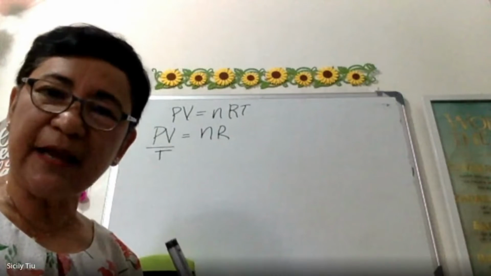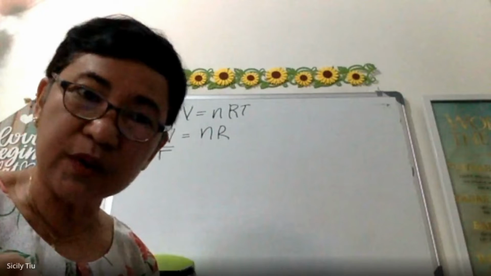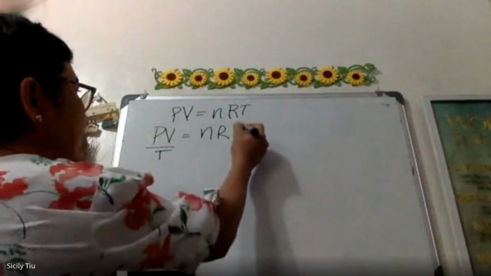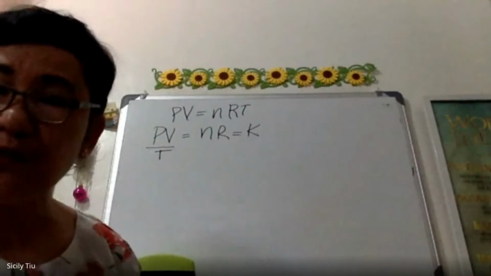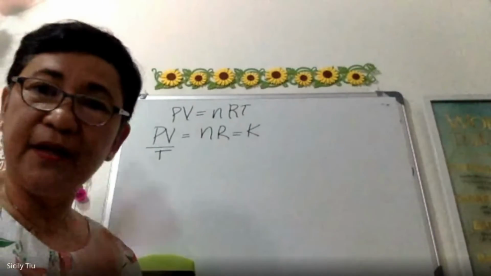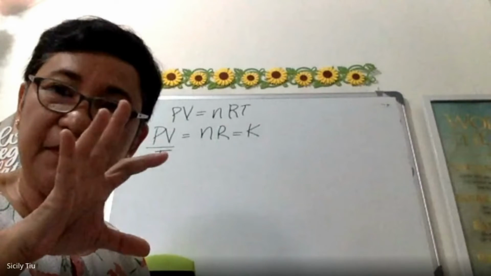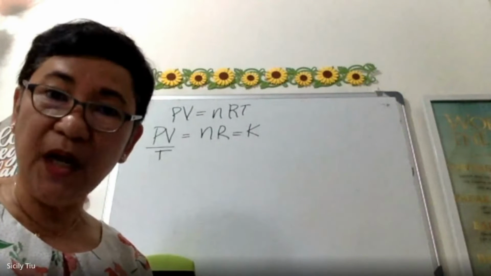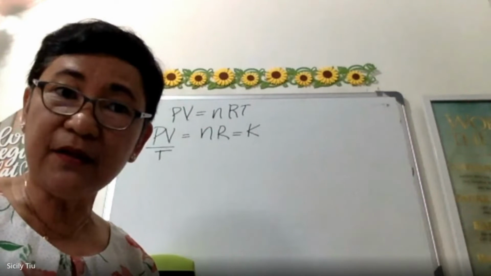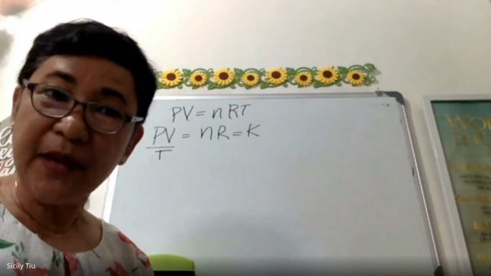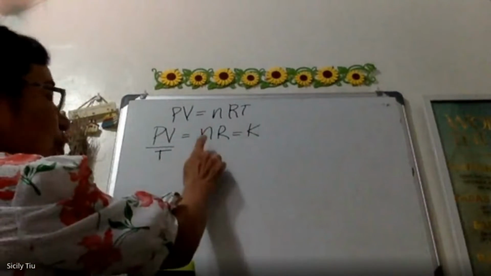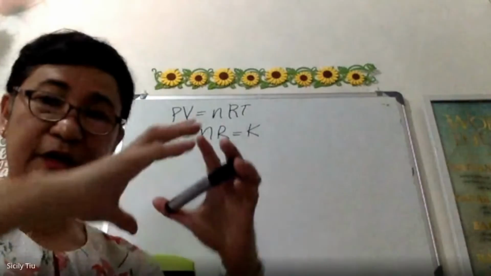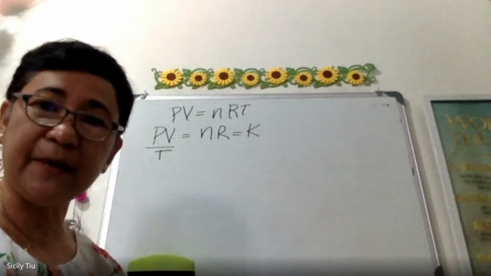If my system has a constant number of moles and R is the ideal gas constant, meaning to say that I can make use of nR as one package, and that is constant. Did I violate any mathematical law here? Right? None. As long as we are talking about a constant number of moles, and R is constant, so it is one package, constant. Okay. Now,